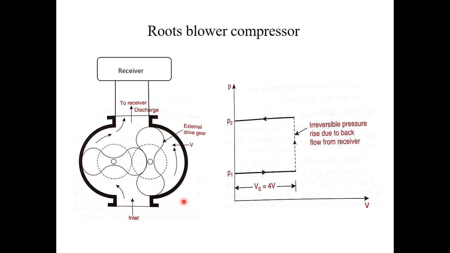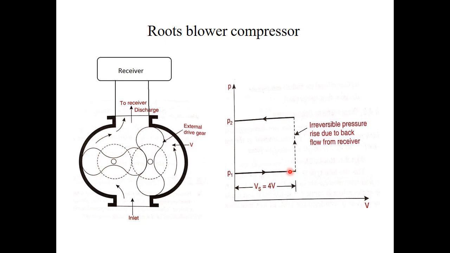This figure shows a 2-lobe type rotor Roots blower. A Roots blower consists of 2-lobed rotors and a casing with inlet and outlet passage of air. The lobe rotors rotate in an airtight casing with the help of gears. One of the lobe rotors is connected to the drive, and the second lobe rotor is gear driven from the first.